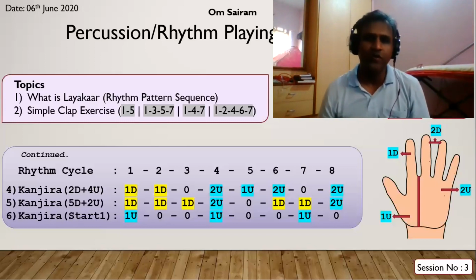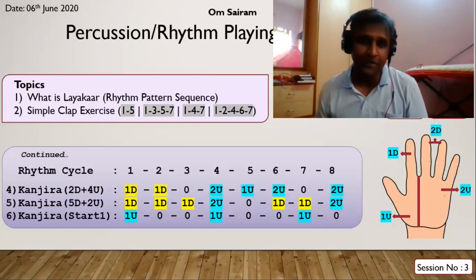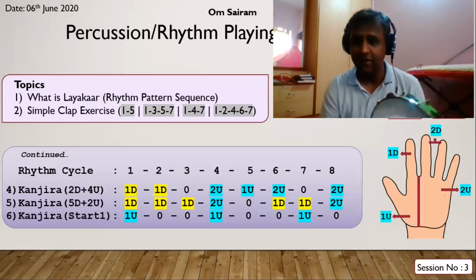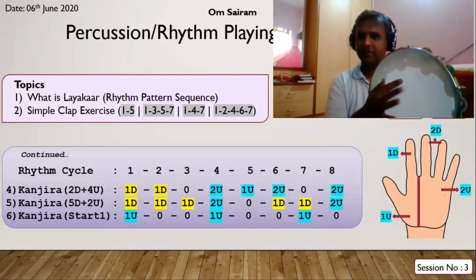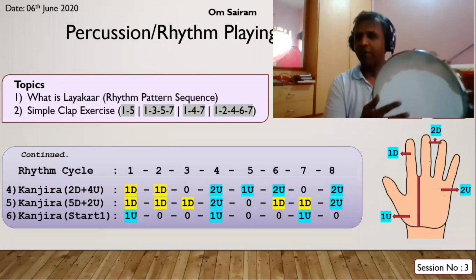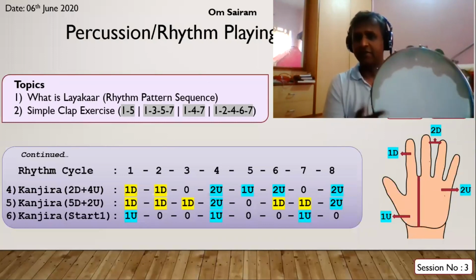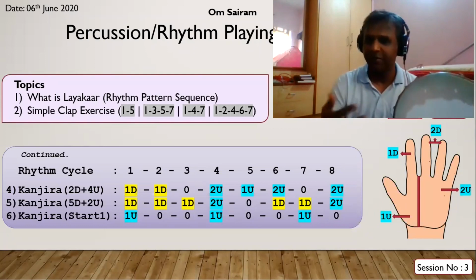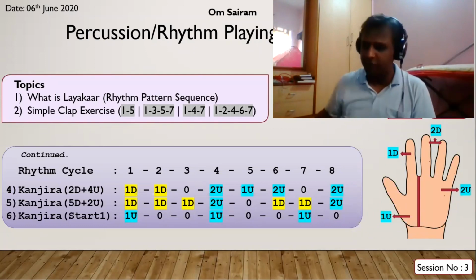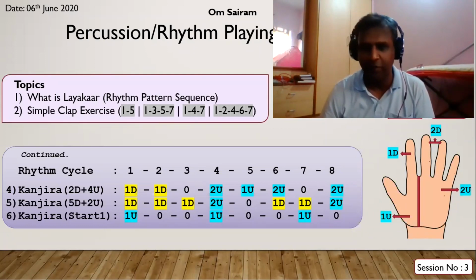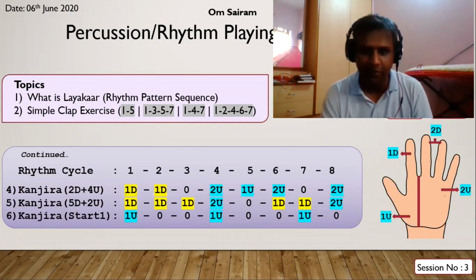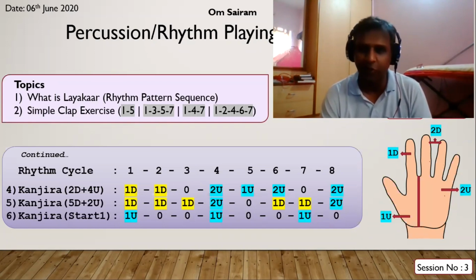If you know the groove of a bhajan, for example, Bansi Dhara Kanjira, this is how you have to play. You can't play Bansi Dhara Kanjira any other way; it will not go, because for some bhajans you have to know the groove. Before even trying to play the Kanjira, listen to how the tabla player has played the bhajan, or listen to another Kanjira player. Take that bhajan, keep practicing it, and once you get the groove, move forward and take some other bhajan and try to innovate.